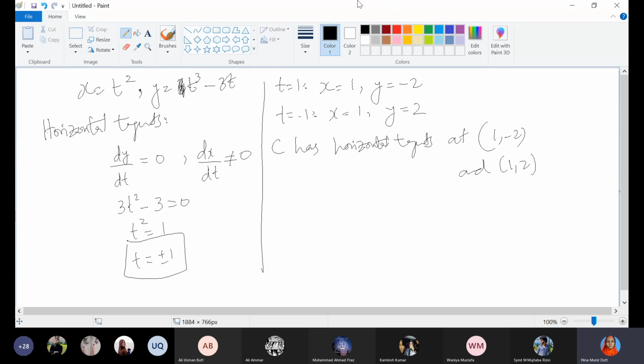And what about the vertical tangents? Vertical tangents देखिए अब कैसे आएगा. dx over dt, 2t, is equal to 0. 2t is equal to 0 means t is equal to 0, then you have to check and eliminate the point where dy by dt is equal to 0. So vertical